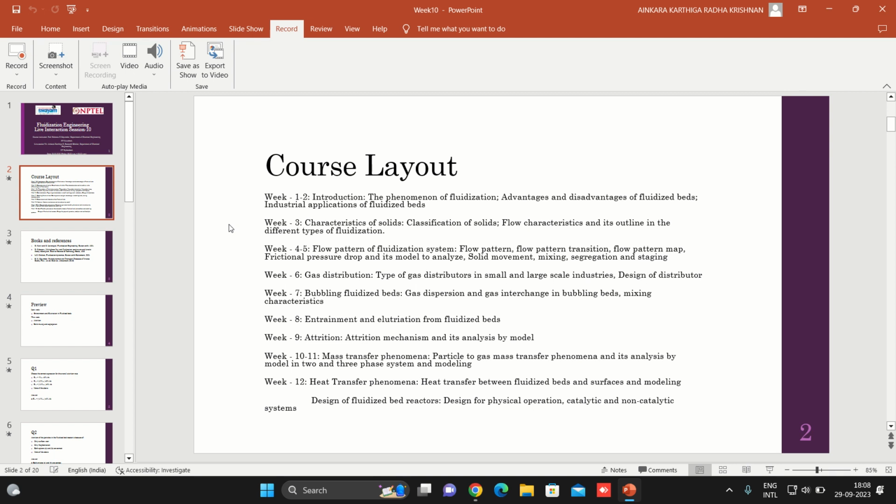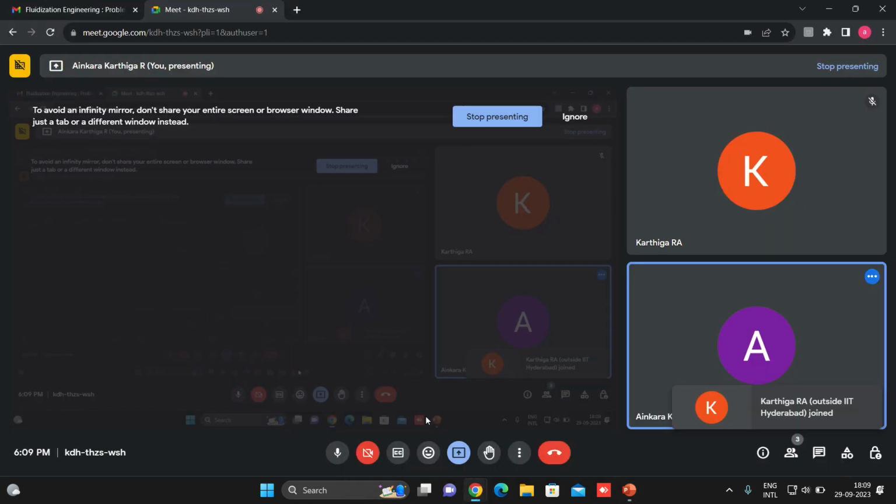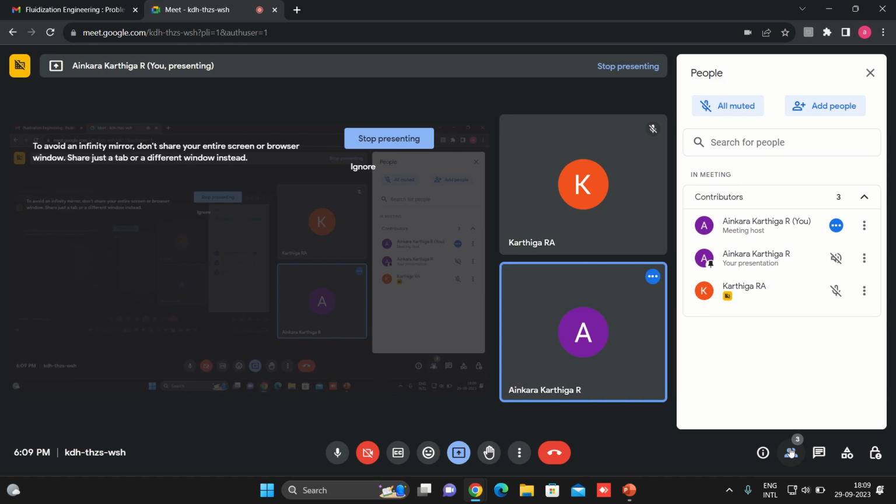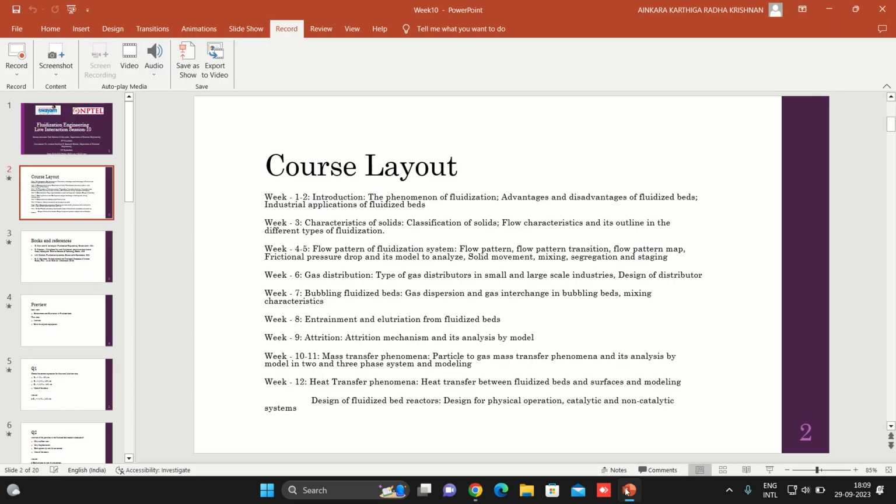So this is known as turbulent fluidized beds and pneumatic fluidized beds. So once after this we have